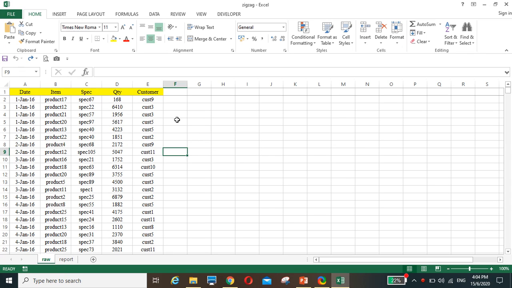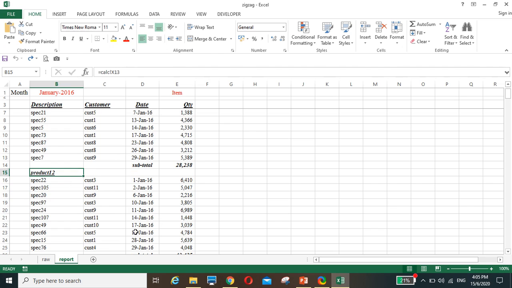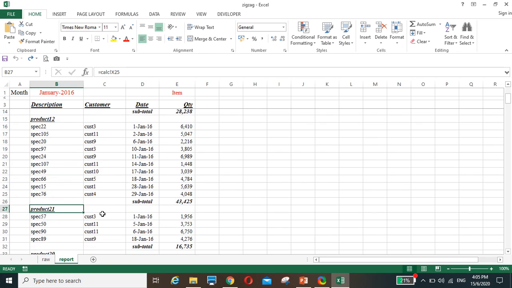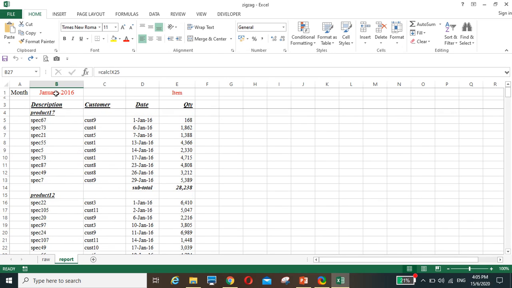That means it can do like this. That means January items. It's filtered by January, by items or by customer. So I put item here, then the product, then it gives the spec in January, then the amount for the whole product set 17. So product 12 it gives me, then all the way down, product 21, all the way down to this one. So if, let's say, I change the month,